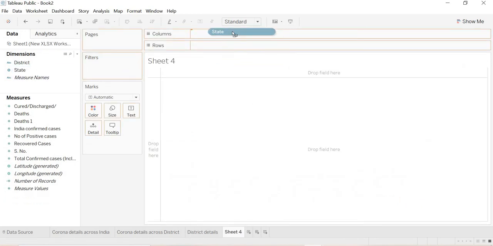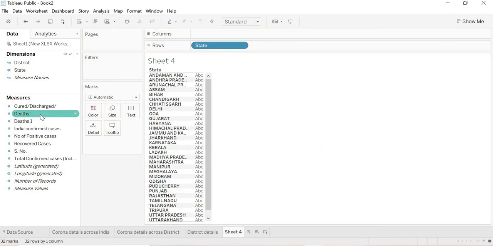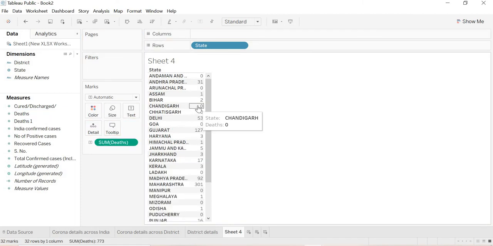This time we'll put state in rows. Then the dead cases we'll put over here. We'll rename this sheet as dead cases.